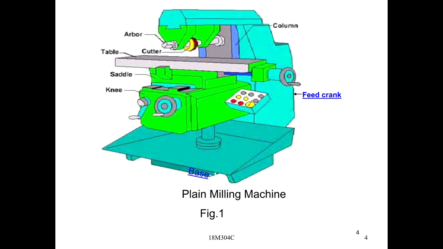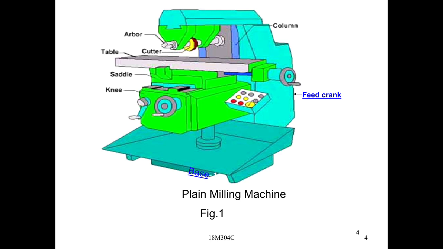It is a basic type of milling machine. You can observe that every machine has a compulsory base. Next, it is supported by the column on one side, and on the second side the knee is provided. From the bottom part, for lifting the table, an elevating screw is provided, to lift the entire size of the table.